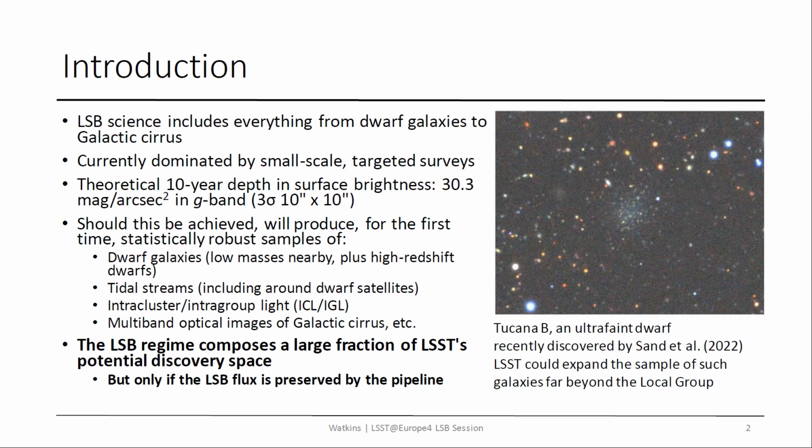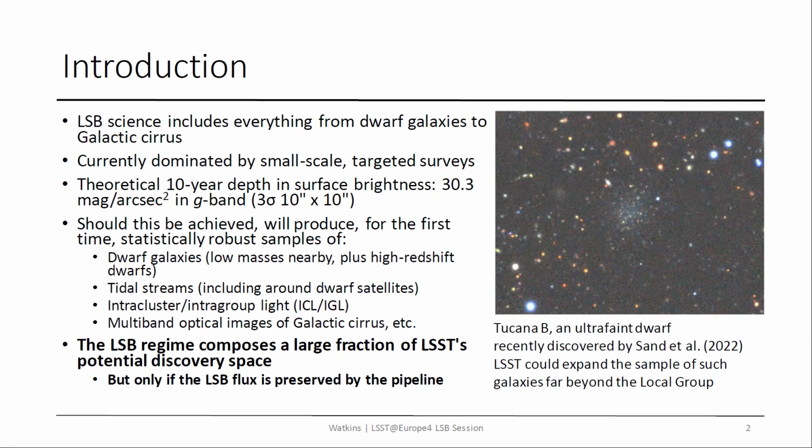So LSST presents a great opportunity to expand LSB science because from a calculation done by Peter Melchior earlier this year, the 10-year depth in surface brightness, at least optimistically for LSST, is somewhere around 30 magnitudes per square arcsecond, which is something like 5 magnitudes per square arcsecond deeper than SDSS, which is obviously a survey of similar spatial scale. So if we get even close to this number, which we should be able to,